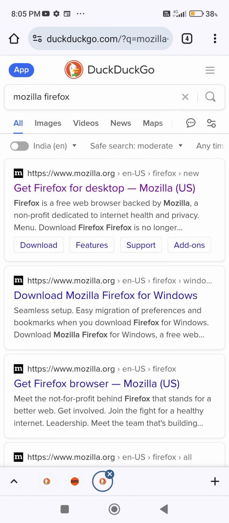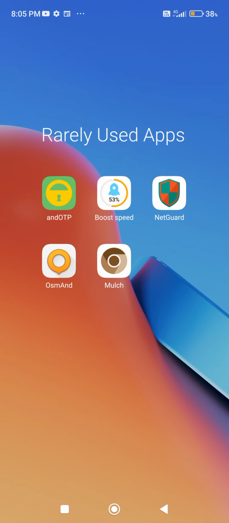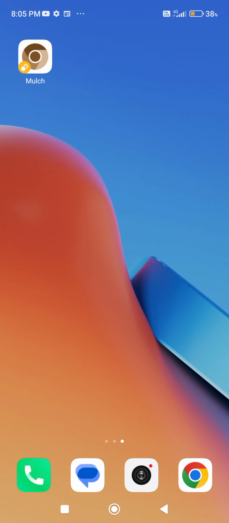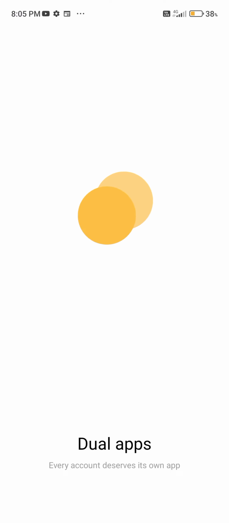So I created a dual app for this browser because, assume that it is like Chrome, and you want to create dual apps for Chrome because you like Chrome, but you use everything under one app. For work purposes you need one browser, and for personal use you need another browser. Then it won't be convenient, and even if you do so you will use another browser like Firefox, and you won't get the same experience that you get in Chrome. So here I have opened dual apps, sorry, I have created dual apps